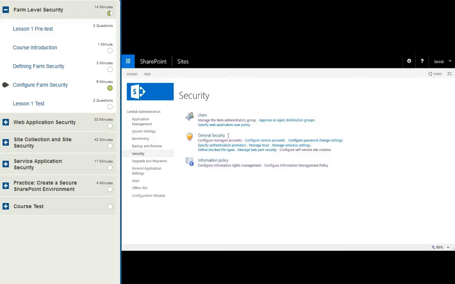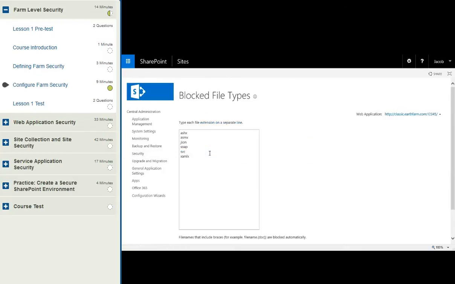One high-level element that I want to direct your attention to is blocked file types. When we select blocked file types here under General Security,